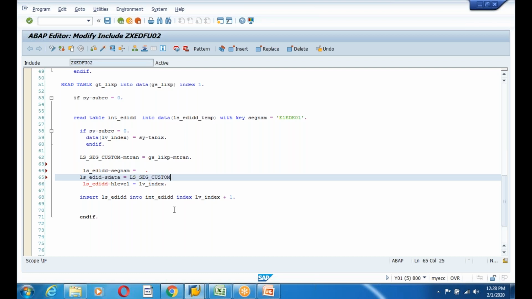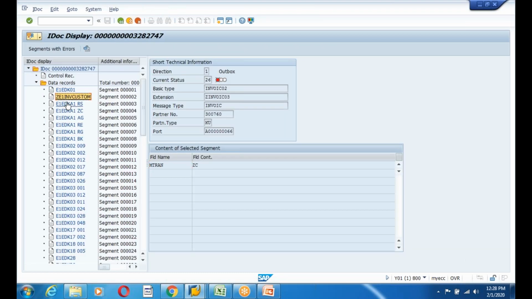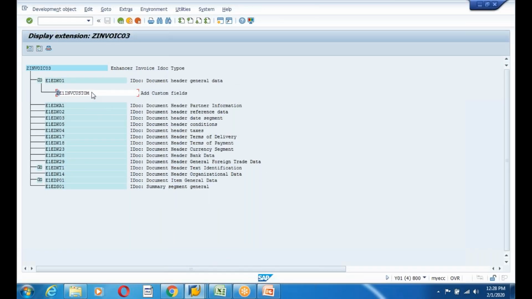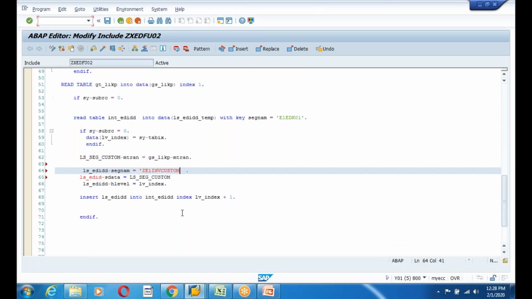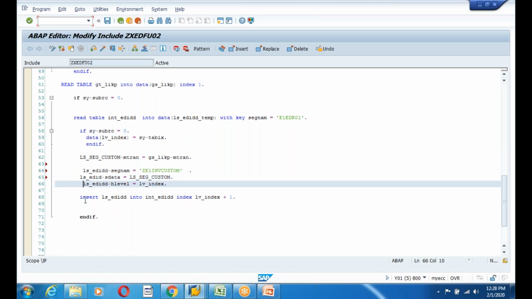This is the segment data, and the segment name is this segment. So this is the segment name. You need to fill the segment name. So this is the segment name which you need to fill. So the segment name is the segment data, and the index is the higher level segment you need to declare. So higher level segment is